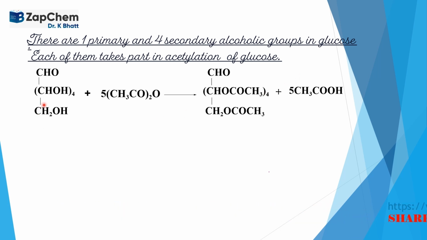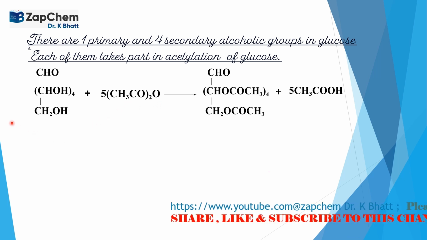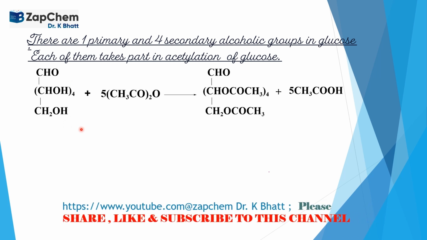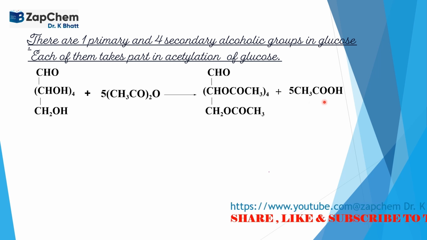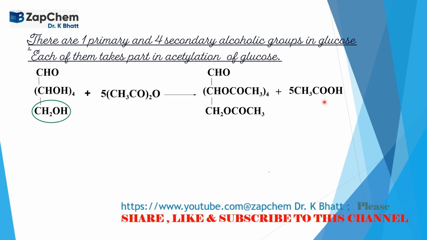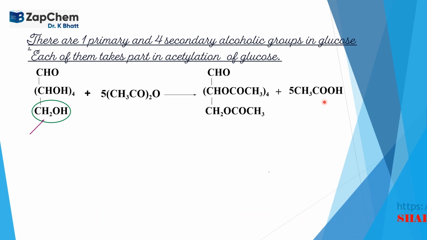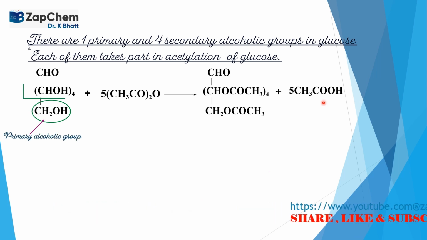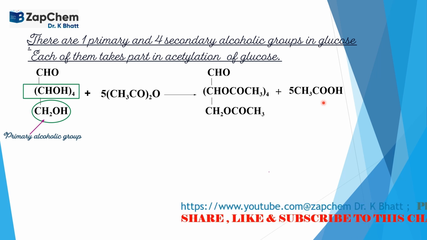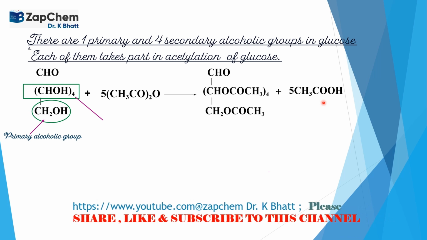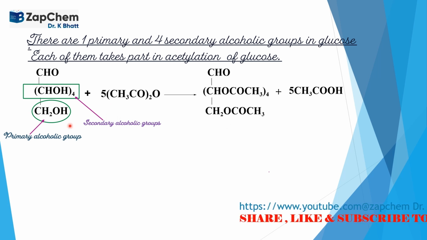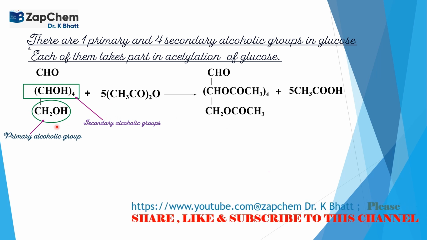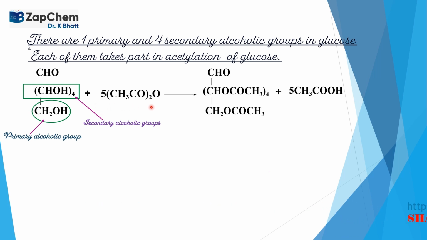And here it is. The reaction is like this. This is acetic anhydride. 5 molecules of acetic anhydride react with 1 molecule of glucose to form the product, giving out acetic acid also. And here is the structure. There is 1 primary group as represented here and 4 secondary groups, that is CHOH, as represented here. Accordingly, all the groups, whether primary or secondary, react with acetic anhydride